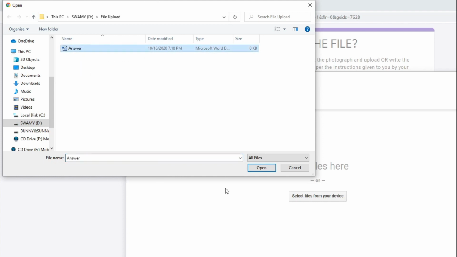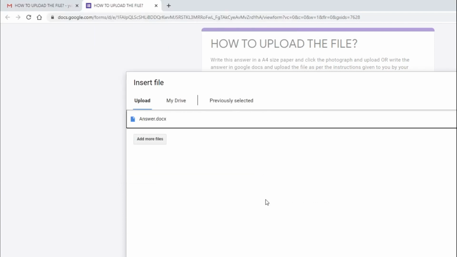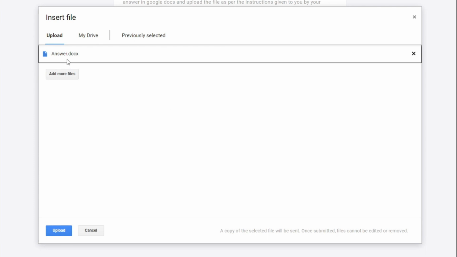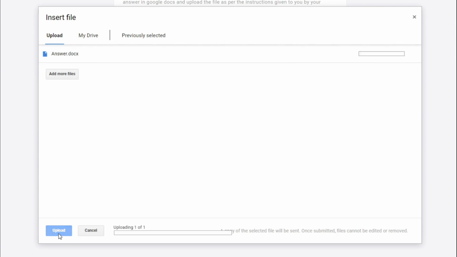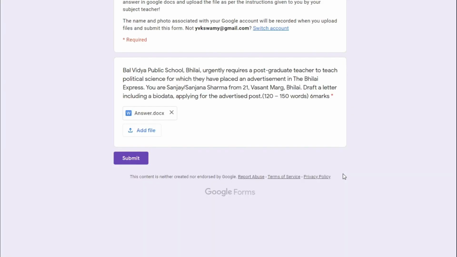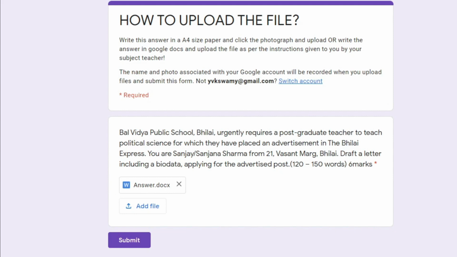Click the MS Word document, select open, and here you can see the file is attached, and now you have to click upload. So once you click upload, it will take some time depending upon the capacity or GB of the document, and here you can see the file has been successfully inserted into the Google form, and then you have to submit. To submit, click this button Submit.